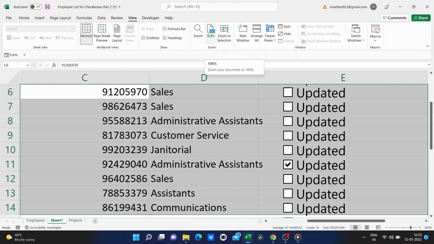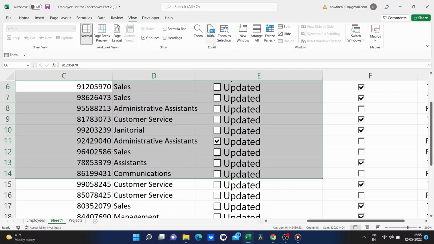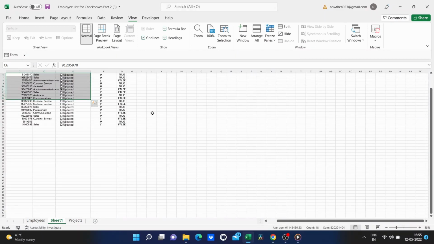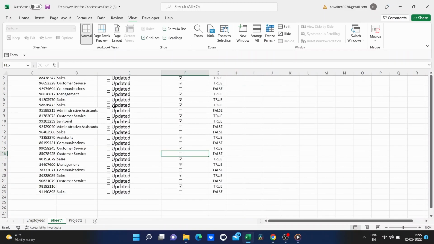You can also click the Zoom button here and say you would like 200% magnification. Or you could go down to 50 or 25%. And you can also put in a custom magnification. Let's say 55%. So those are all really good options here in the Zoom group. I'm gonna go back to 100%. The problem with those options is that they're just a little bit cumbersome. Like I said before, you have to click on View, then you have to click on the option, then you have to click a number.